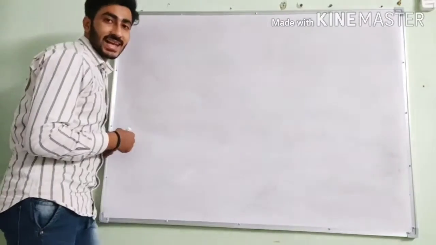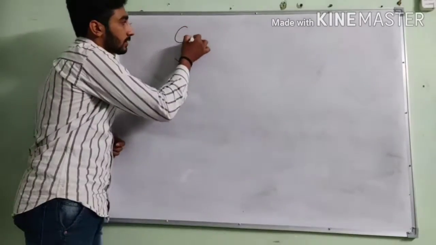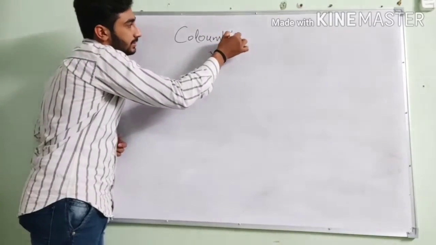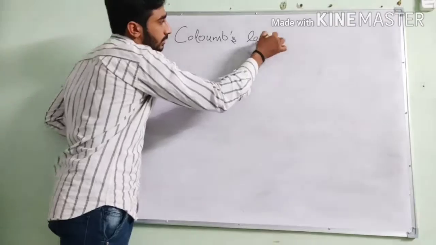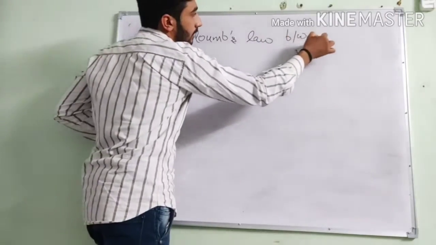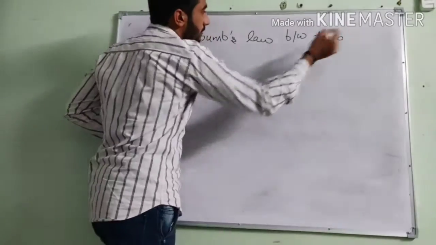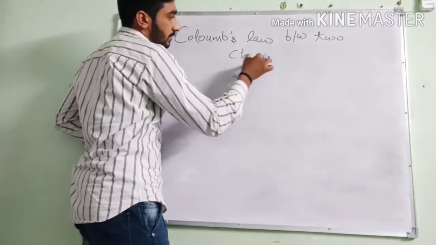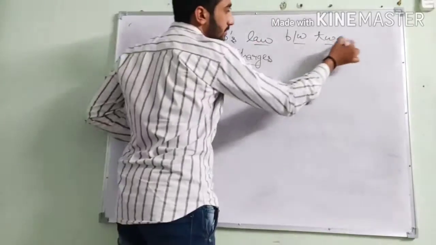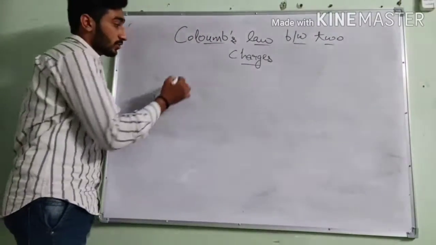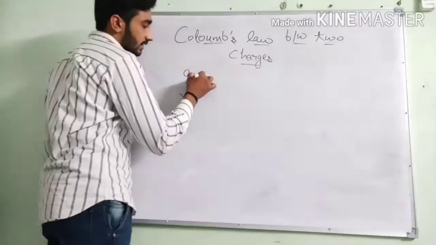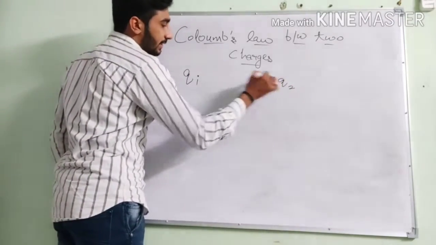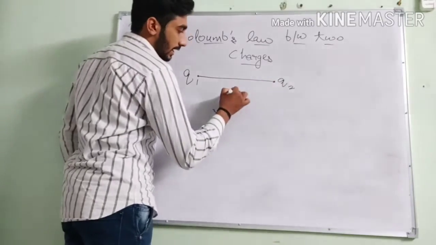Our topic for today's class is Coulomb's law between two charges. It is simply when the two charges are Q1, Q2 separated by a distance R,